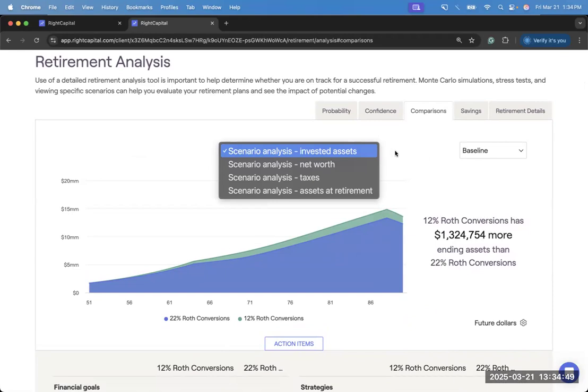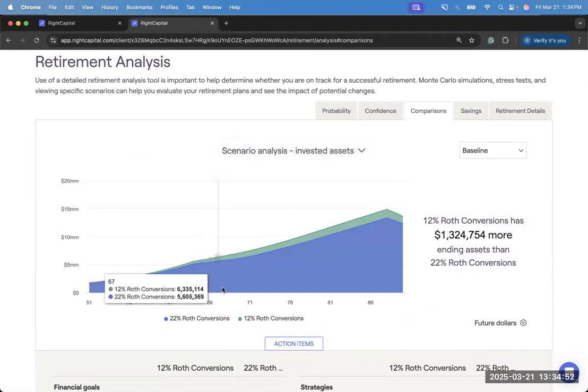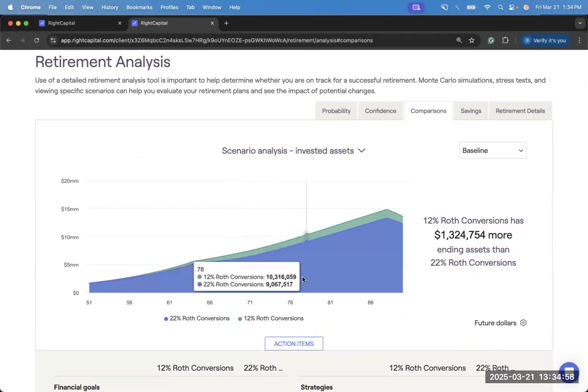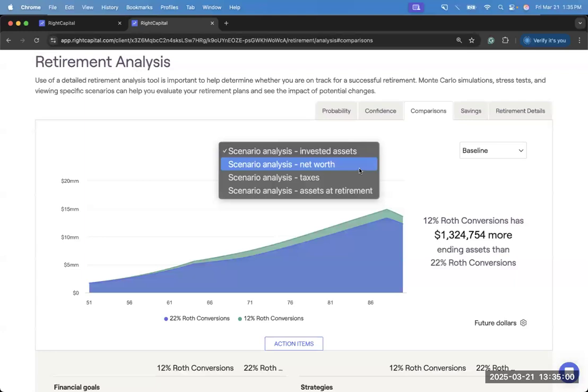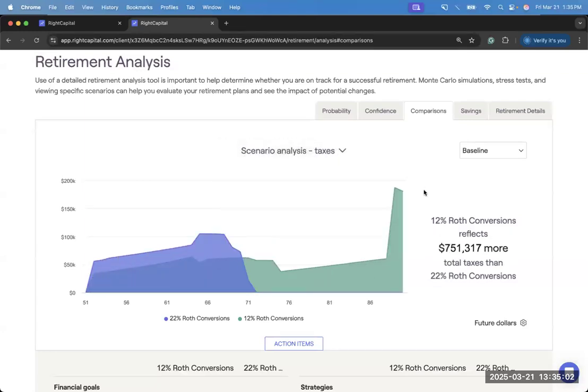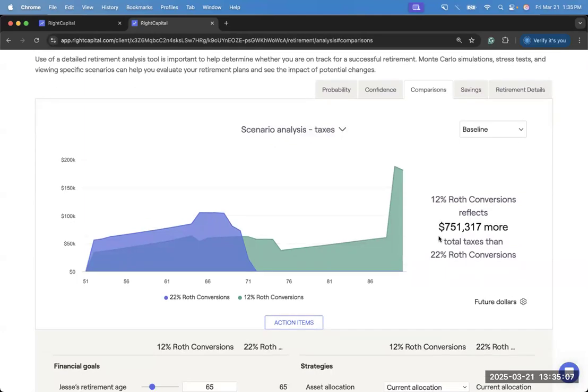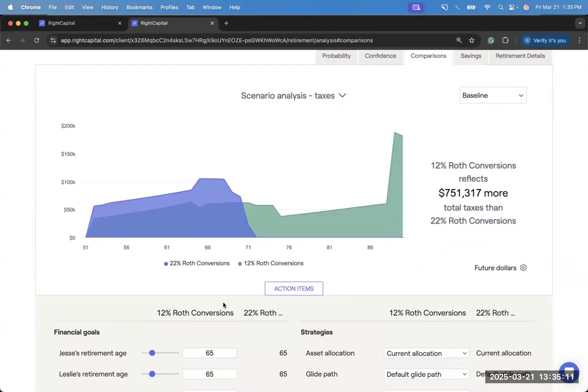So, we have a comparison of a client's invested assets over time, and we can see in this case, converting to the 12% bracket does help us to maintain our investments a little bit more over the course of this plan. We can directly compare taxes, which is a great visual to use for something like Roth conversions. And in this case, we really very clearly see some of those timing trade-offs in terms of taxes. We can see when we're converting to that 22% bracket,